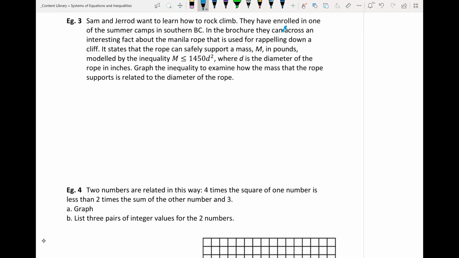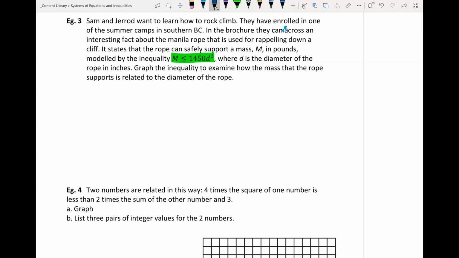It states the rope can safely support a mass m in pounds, where m is smaller than or equal to 1,450 d squared, where d is the diameter of the rope in inches. And they want to graph this inequality and examine how the mass that the rope supports is related to the diameter of the rope. So right off the bat, this is our inequality,